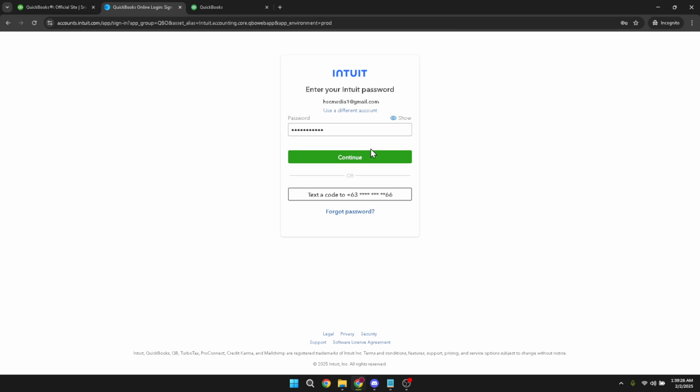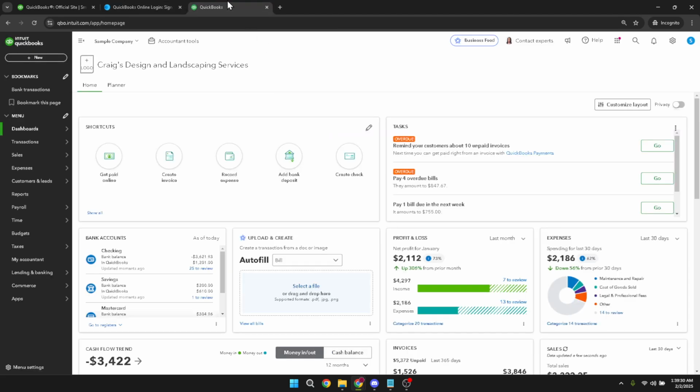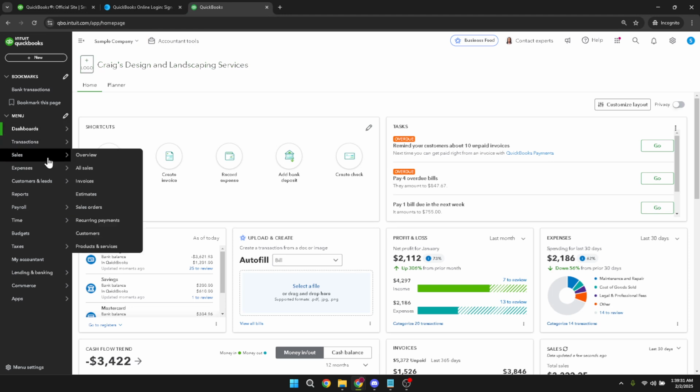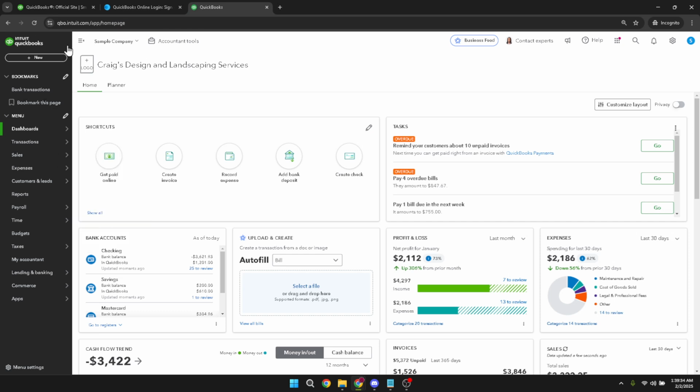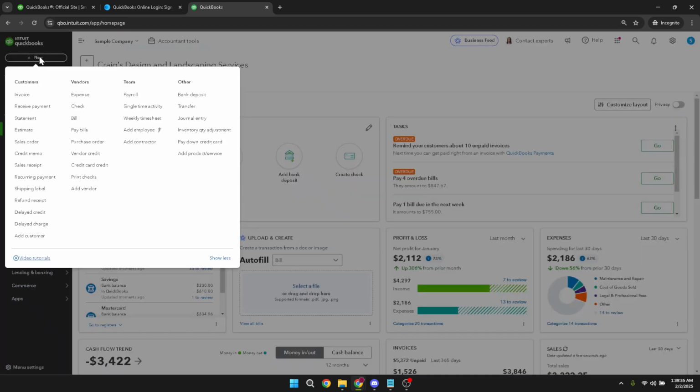Once you're logged into QuickBooks, look towards the left side of your screen and locate the Sales option. Clicking here will guide you into the realm of your financial operations where you can start creating invoices. Your next move is to find the New button, usually displayed prominently. Click on this button and from the drop down menu select Invoice. This action takes you to the invoice creation screen where you begin setting up a new invoice for your customer.